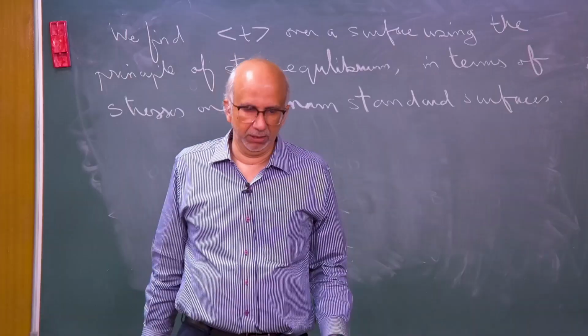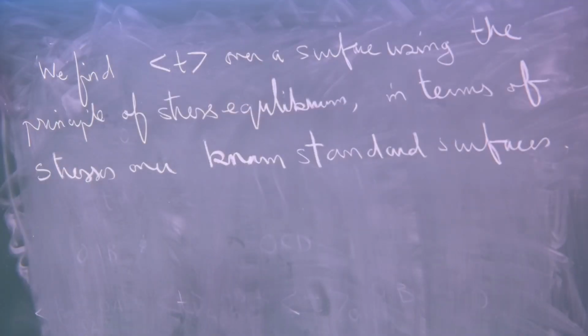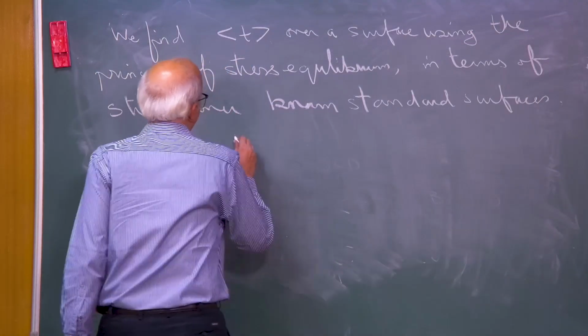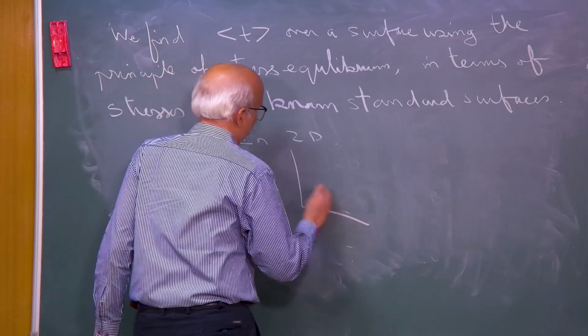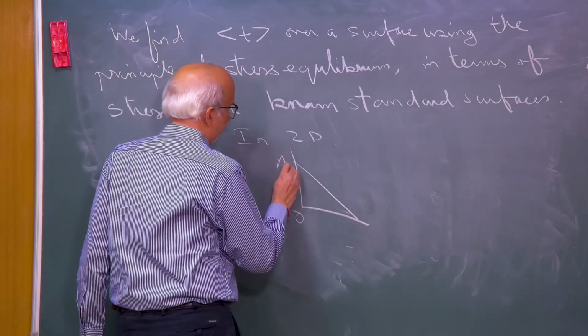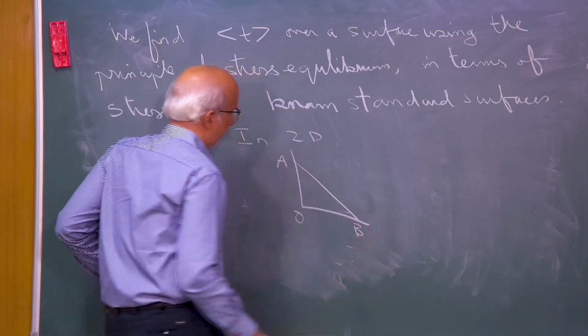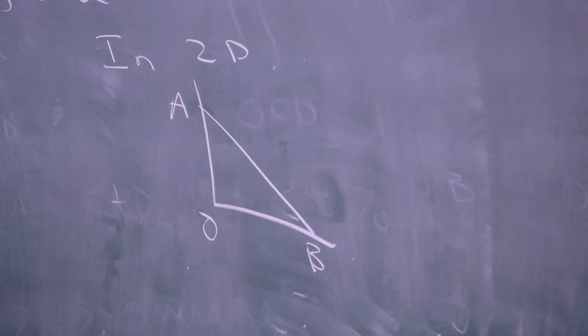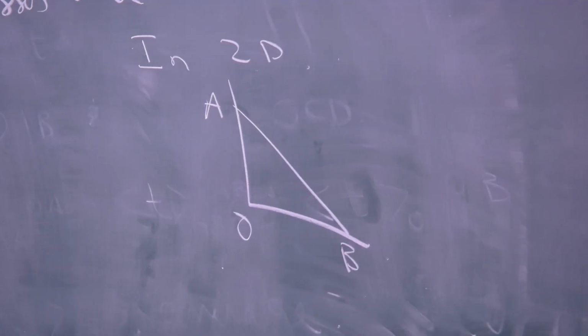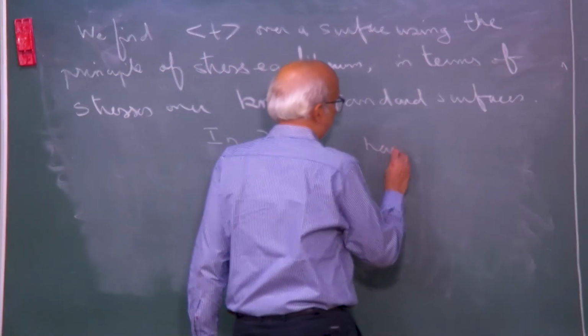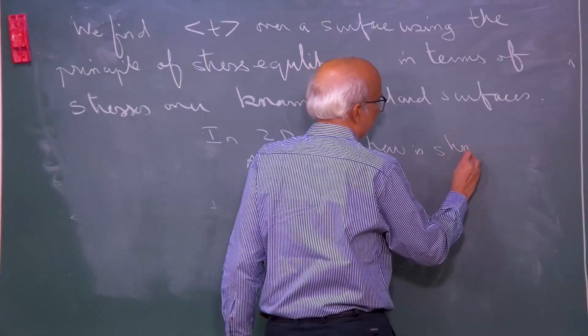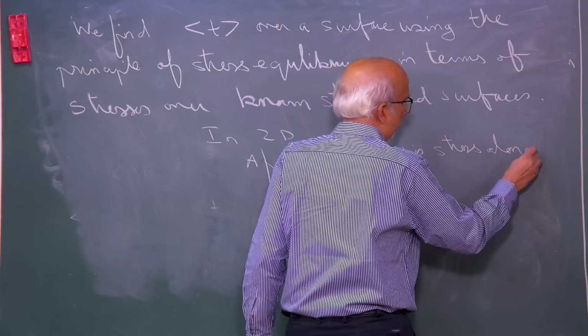Okay, and we will do the derivation for a 3-dimensional case, but I just want to tell you that in 2D, for example, this is OAB. OA and OB are classical x-axis, y-axis. That is what I mean by standard. So, I want to find it at AB. Okay. So, basically, how is the stress along AB